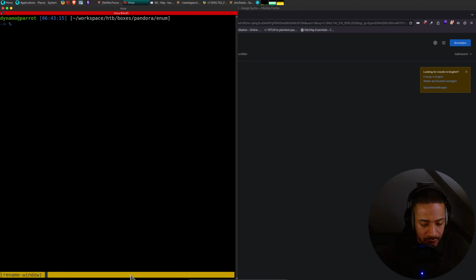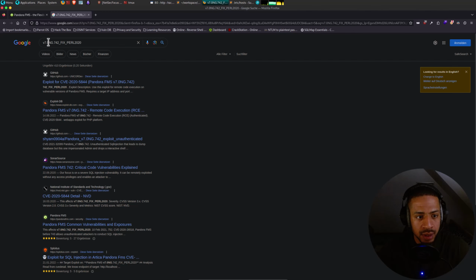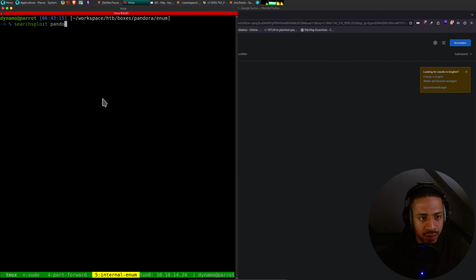Let's call this internal enum and then type searchsploit. So we've got Pandora v7, searchsploit Pandora 7.